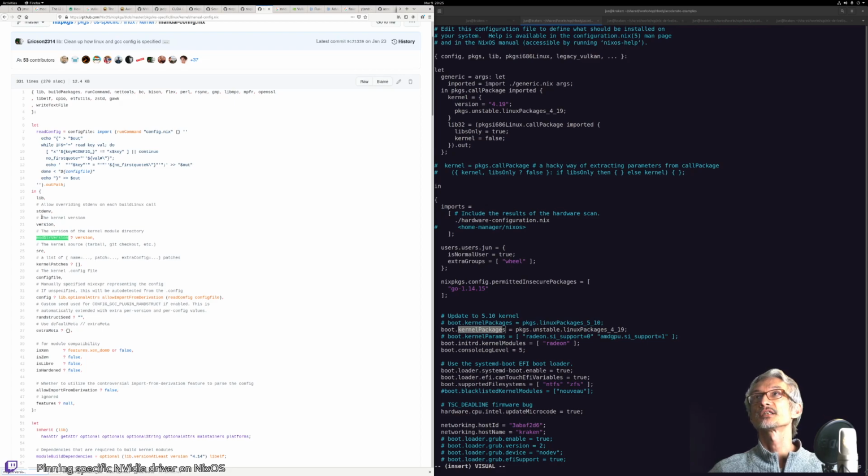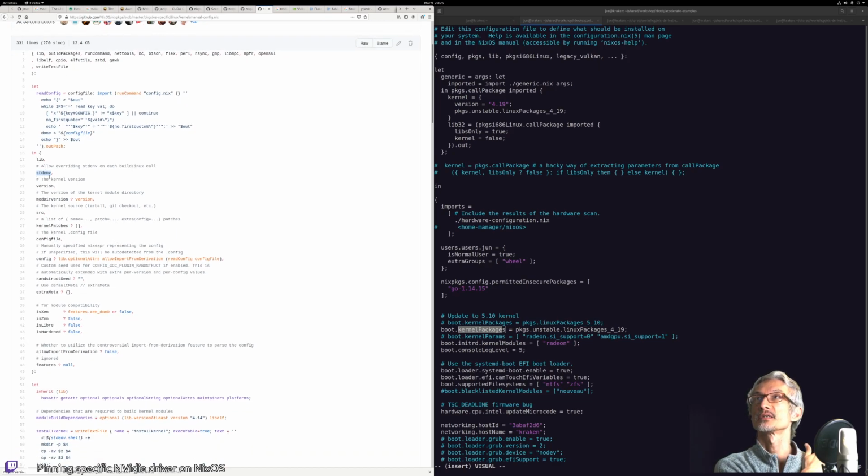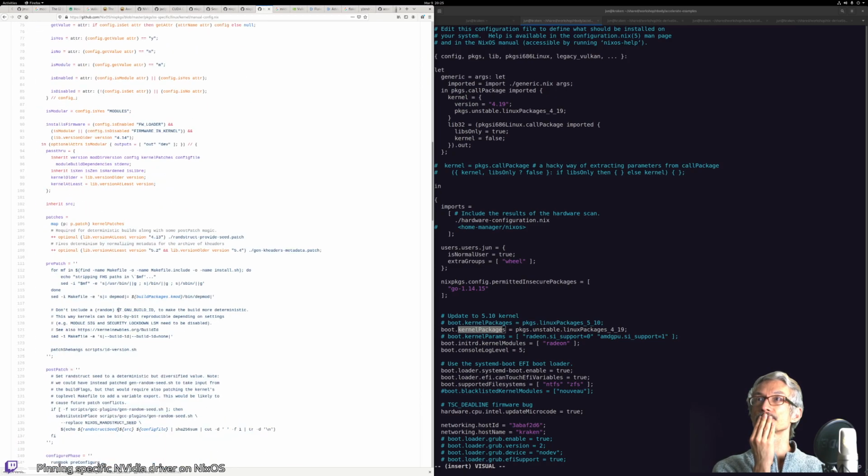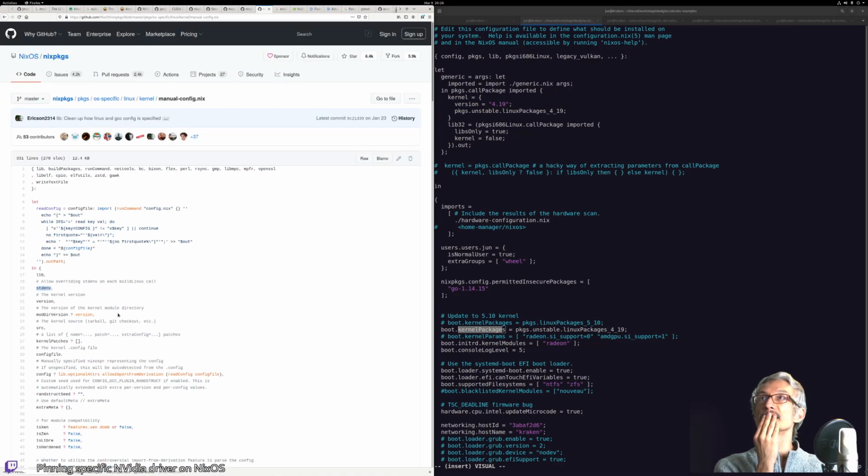Source and patches, version, overriding stdenv on each built-in Linux call. Okay. I see stdenv everywhere. I still don't know exactly what that's meant to be. Maybe just the environment variables, actually. Manually specify Nix expression representing the config, but to detect it from the .config. Yeah. I don't know how to build such a thing, but